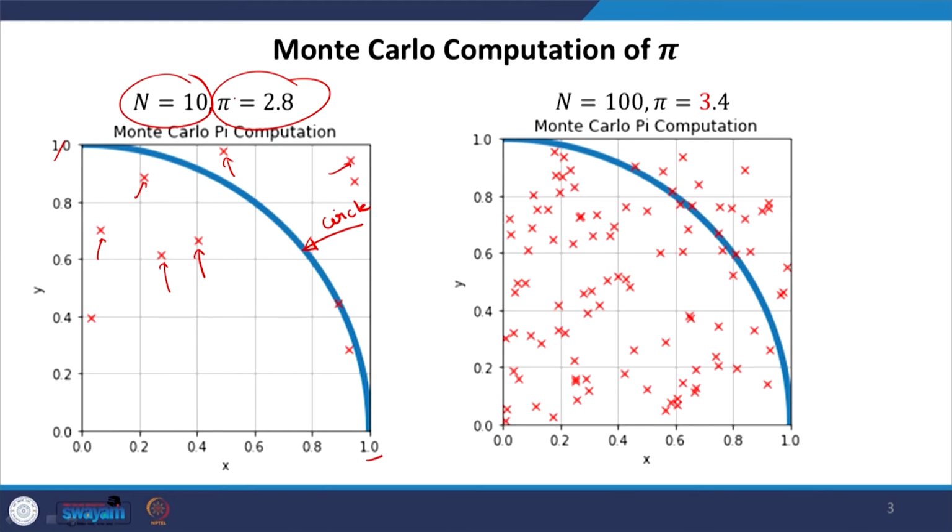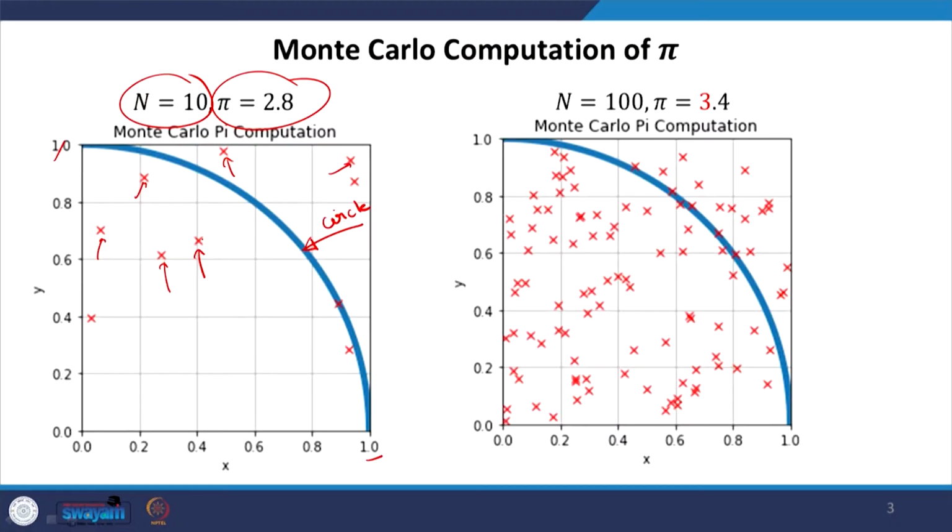So, in this particular case, if I run for n equal to 10, I get a pi value of 2.8, right. Now, keep in mind that you will not get the same answer if you do it on your computer. Even if you run the same code twice, you will not get the same answer, because every time the code is running, it is generating a new set of random numbers. It is a uniform generator. So, where you generate points will keep on changing as you run the code. So, every 2 runs of the code will not give you the same coordinates of the points, and that is the whole idea of Monte Carlo, that we can pretty much sample the entire region. The points can be uniformly generated anywhere in there. So, you have equal probability to generate a point here versus here or somewhere else in the system.